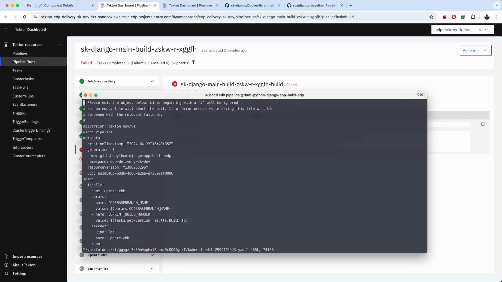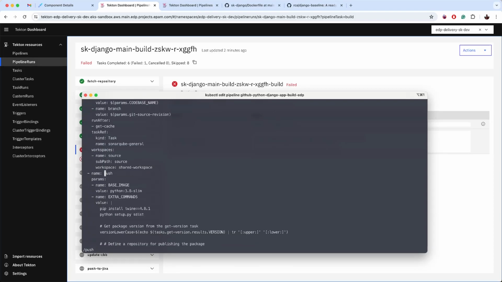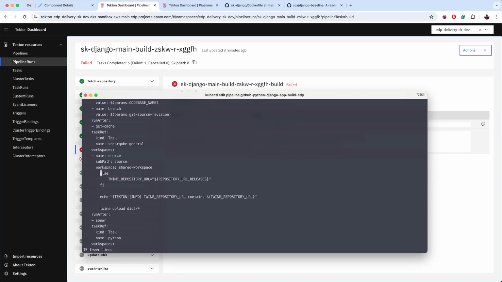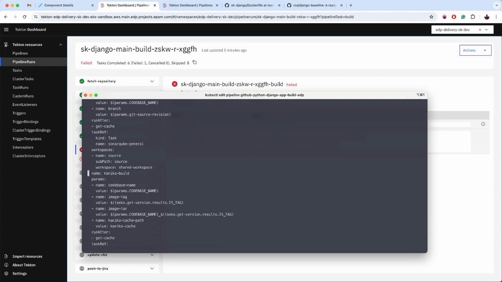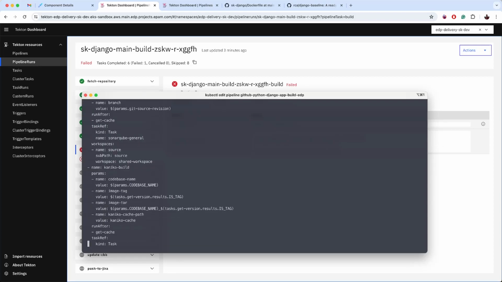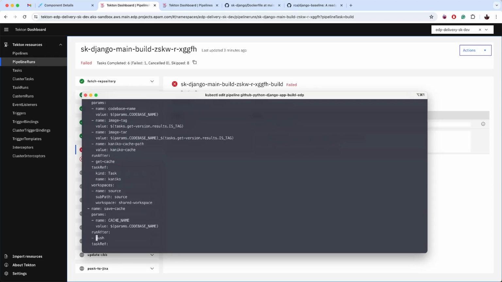Now let's remove push stuff. Now let's go and find the push stuff. Push to 0, let it be, but let's remove this one. It's going to be run after sonar, so it's okay if we just remove this component. And again, here we have cache. Let's check that there are no other push reference. Yeah, it is here. So let's run it after, for example,